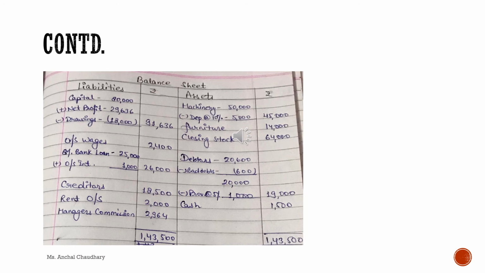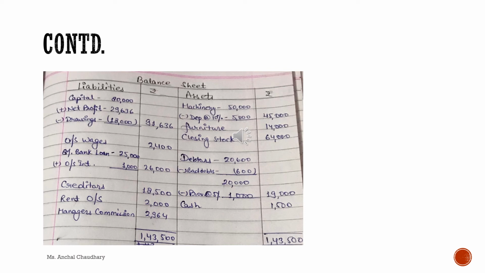And then last is your balance sheet. The amount of net profit which I have earned from the P&L account, I have added it in the capital account. Then there were drawings in the trial balance, so I have deducted them from the capital account only. After that I have posted all the liabilities and assets to their appropriate accounts, and this is how we have to solve the question.